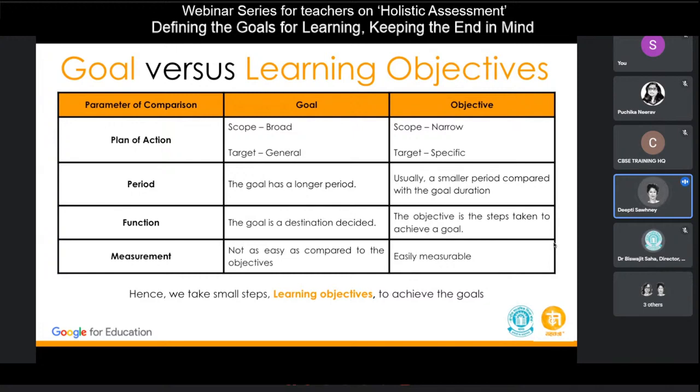फंक्शनैलिटी जो गोल है, it is the goal is the destination. That is the place where the children are eventually going to go, and the objective, of course, are the steps taken to achieve that goal. वो जो आपने बड़ा big picture जो आपने सोचा है, उसको अचीव करने के लिए जो छोटे छोटे अचीवेबल मेजरेबल स्टेप्स जो आपने डिफाइन करे हैं वो आपके ऑब्जेक्टिव हो गए। मेजरमेंट जो आप गोल सेट करते हैं वो इतने इजी नहीं होते, because they are big picture, they are broader. उनको मेजर करने में थोड़ा सा मुश्किल होता है। Whereas ऑब्जेक्टिव्स जो होते हैं वो इजीली मेजरेबल हो जाते हैं अगर आपने स्मार्ट लर्निंग ऑब्जेक्टिव्स बनाए।